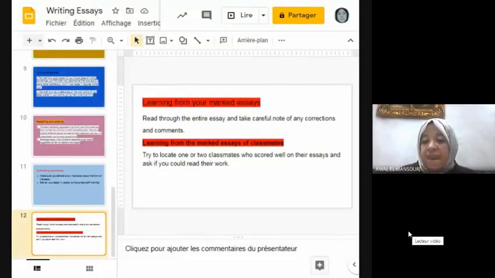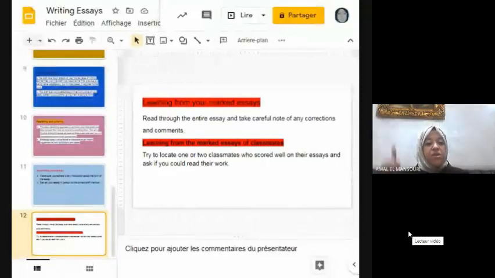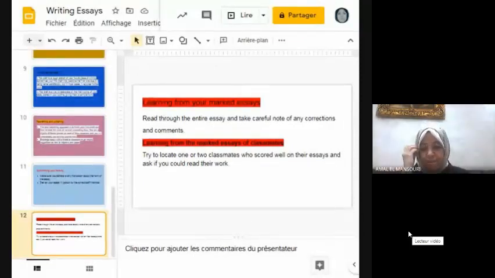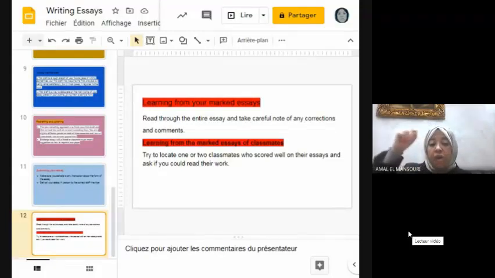Grammatical mistakes. Pay attention to your verbs. Okay? Don't forget to give me the correct form of the verb. If you are using the present, don't forget the S concerning he, she, it. If you are using the simple past, make sure that you know the simple past of irregular verbs and how to write them.